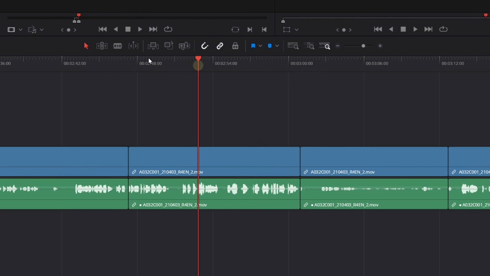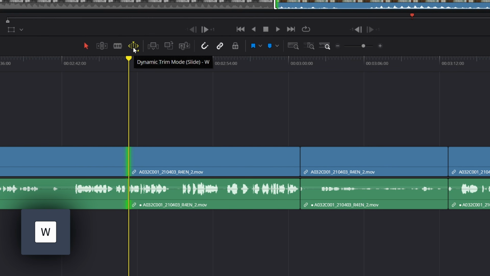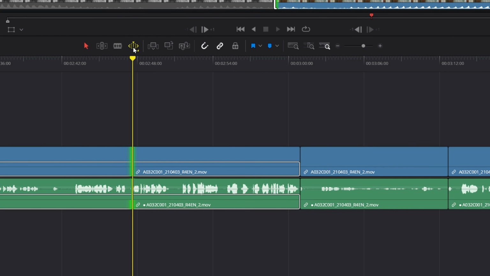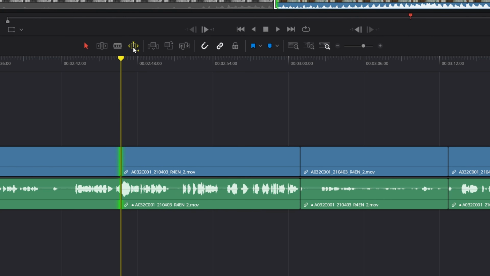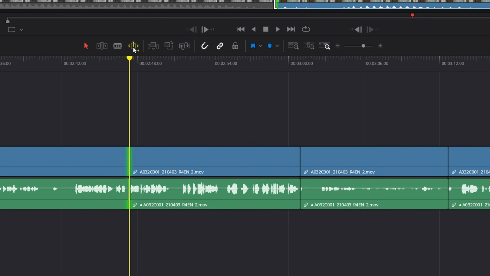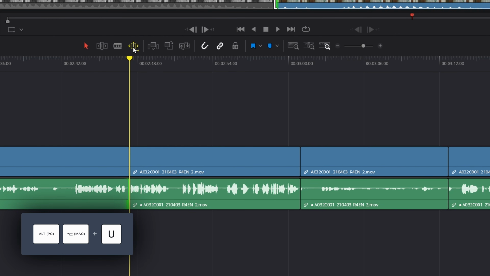And the last thing is our dynamic edit mode, or W. This is interesting. As soon as I click that, notice the playhead turns yellow and snaps to a cut point. In this mode, we use our J, K, and L keys to edit. What if I only want to edit one side or the other? Well, you hit U, and it's going to toggle through left, center, and right. So let's just do left, and it behaves the same way as using our mouse. And if I want to edit the video and audio separately, Alt or Option U toggles between those tracks.